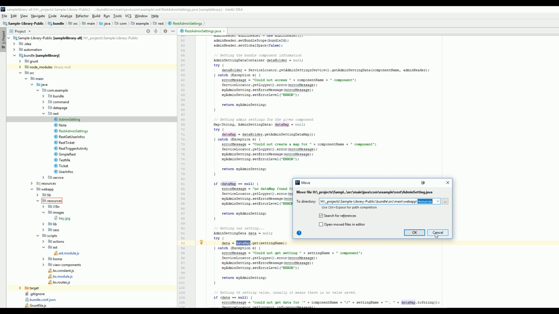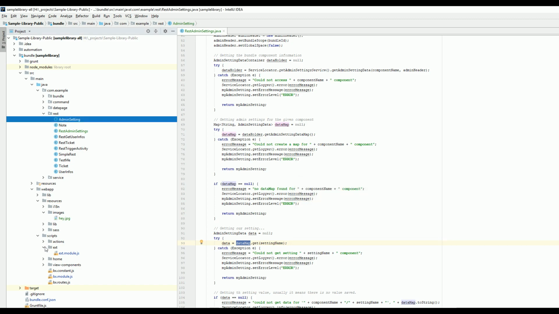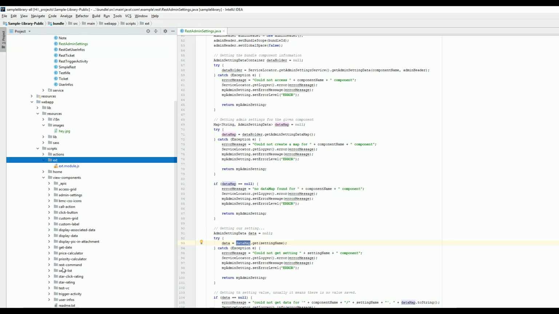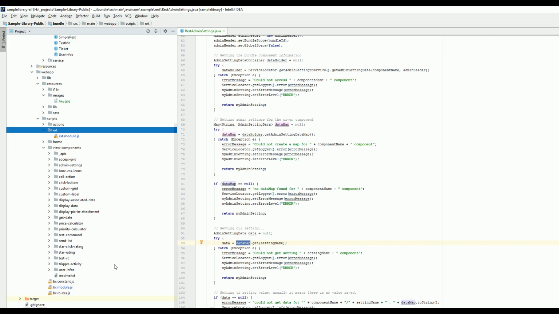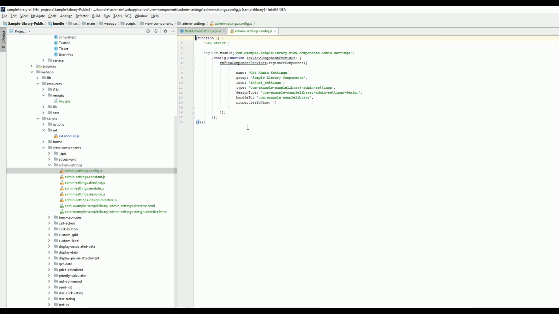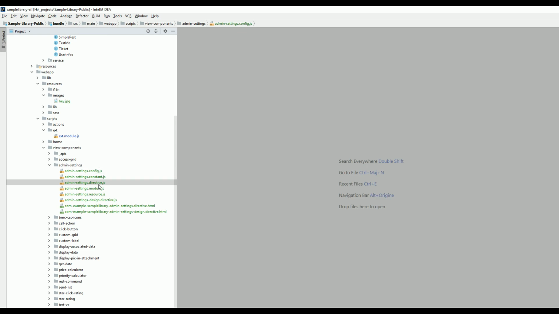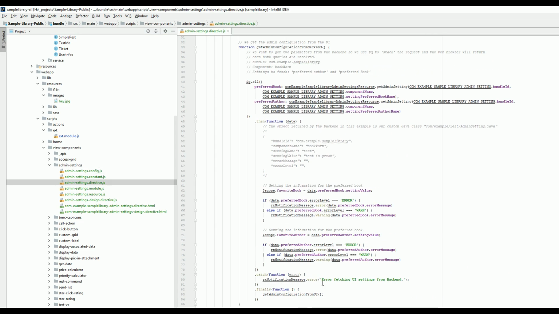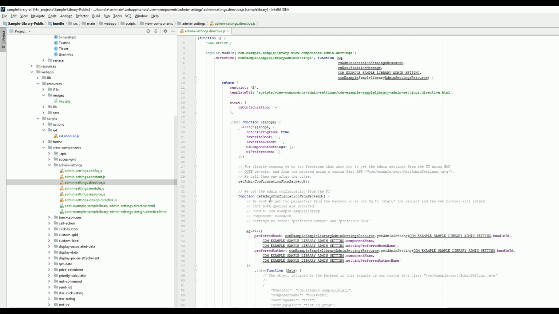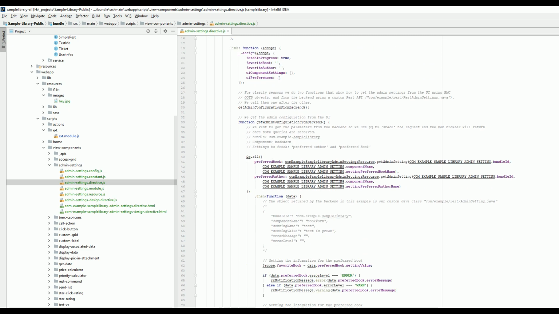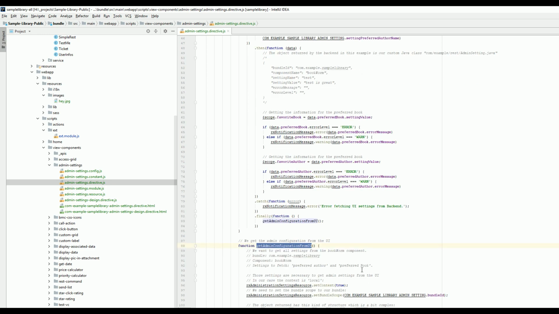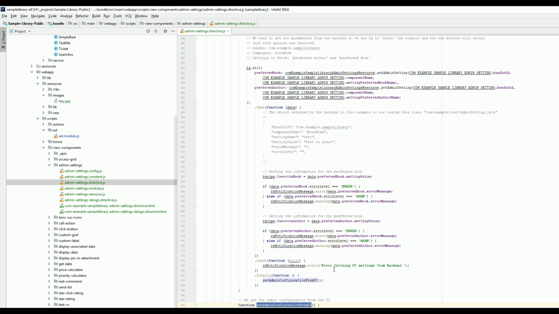Then in a view component, I created a view component to get the admin settings. So I don't have any configuration, I don't have any input or output parameters for it. And basically what happens is, you have two methods. One is getting the information from the backend, another one from the UI. I could have done everything in one call, but if you're looking for one specific example, it's just